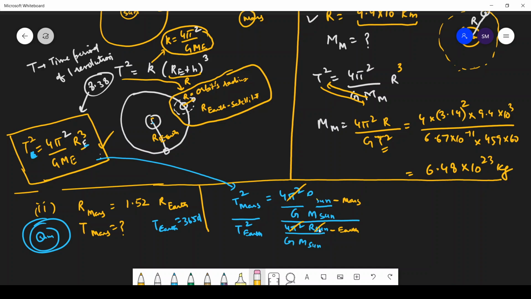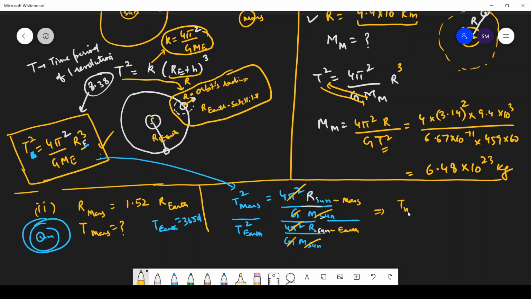This is actually what we need to even calculate, okay? So this is the radius of orbit sun Mars, and this is here the orbit sun Earth. But the G is the same, and the mass of the sun cancels out. So I get